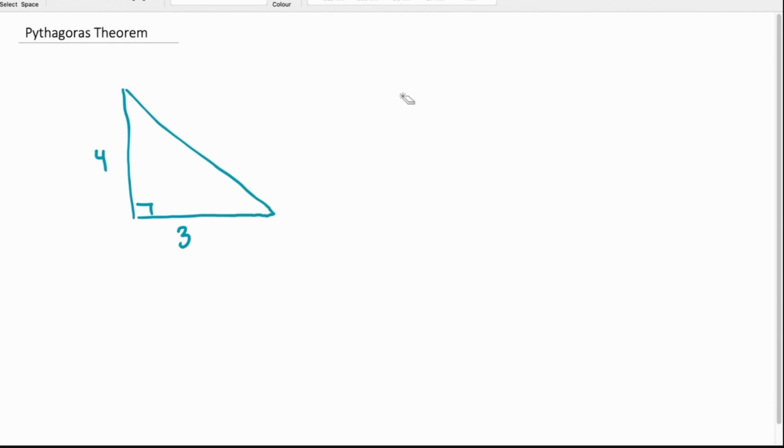Now that was solving for the longer side. What about if we want to solve for the shorter side? So what I'm going to do, let's get rid of this 3 over here. Let's put in our 5, which is the answer that we got previously. And let's try to actually solve for this shorter side length over here. Now we're expecting an answer of 3 because that's how we got our previous answer, but let's go ahead and